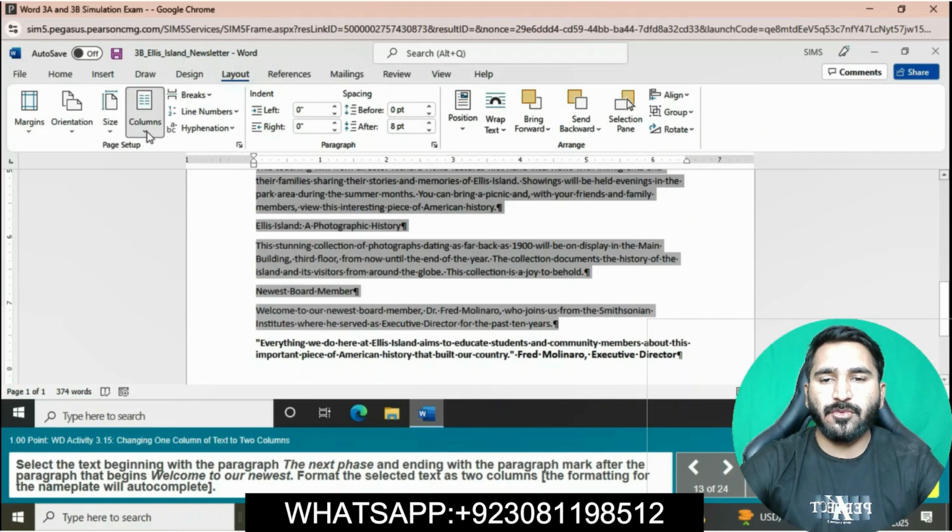First we will select this paragraph, beginning with The Next Phase and ending with the paragraph mark after the paragraph that begins Welcome to our newest. Then we will format the selected text as 2 columns. Select this paragraph, then click on the Layout tab, and in the Page Setup group click on Columns and then insert 2 columns.